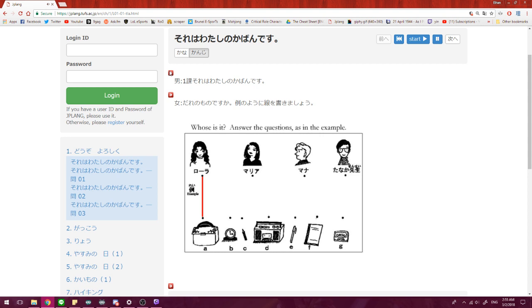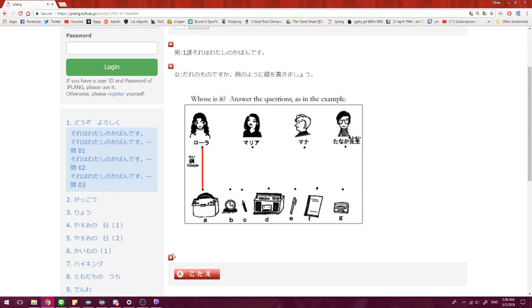一家。それは私のカバンです。 Right? So you can so basically this is where is it? Oh, there. 例。 So this is the example, right? これは誰のカバンですか？ それは私のカバンです。 See, Laura says, ローラさんのカバンですか？ 私のカバンです。 はい、どうぞ。 どうもありがとう。